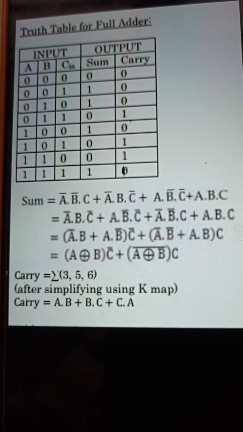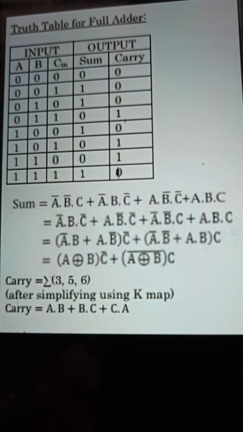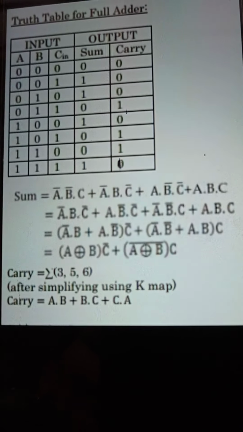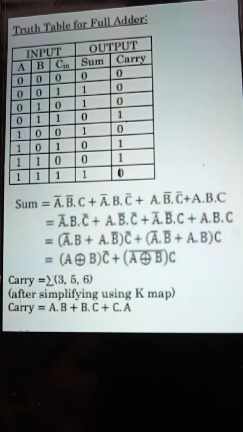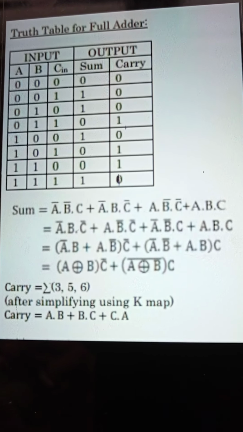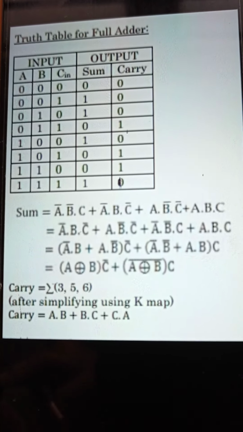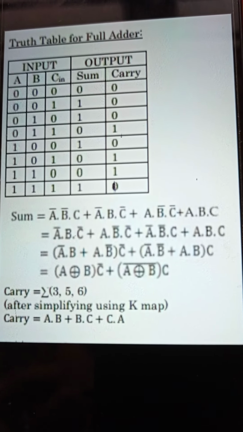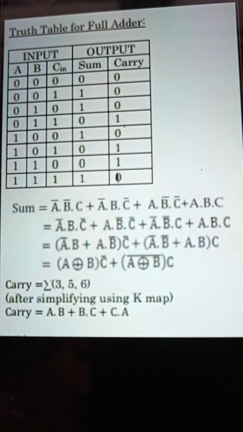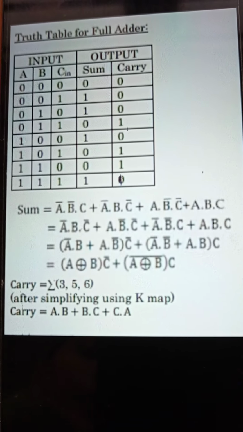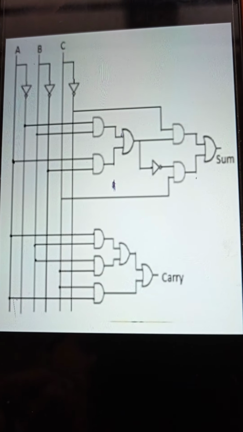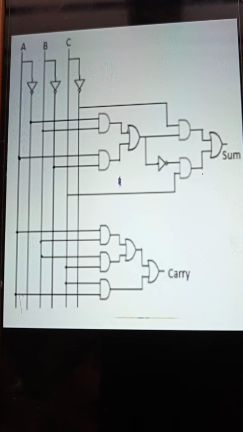Myself Ushashree. Now I am going to demonstrate how to design full adder hardware circuit. This is part B, 4th program C. This is the truth table, that is when you take the 3 bits, what is the sum and carry. By this we will get the sum expression like this and carry expression. Now I will design this according to the circuit of the sum and carry. This is the circuit diagram. Now I am going to design this.